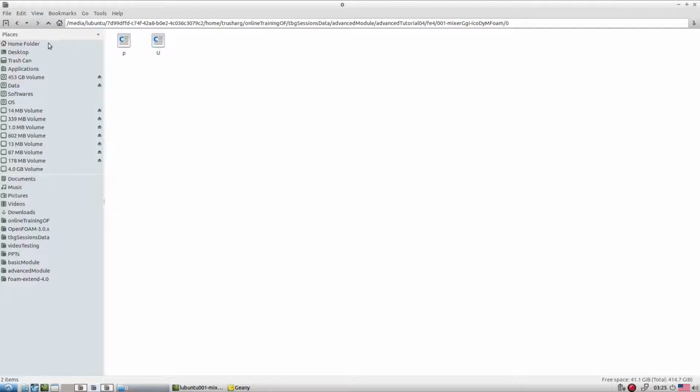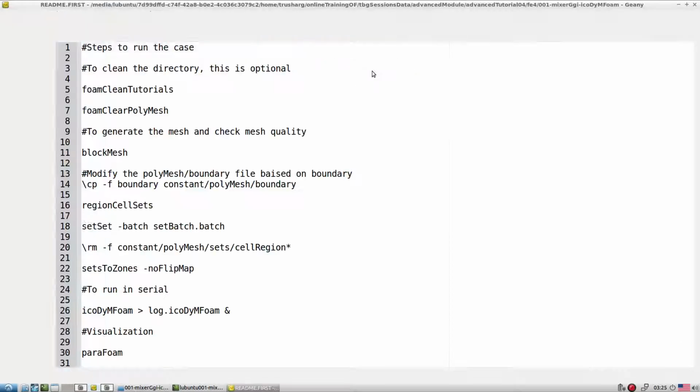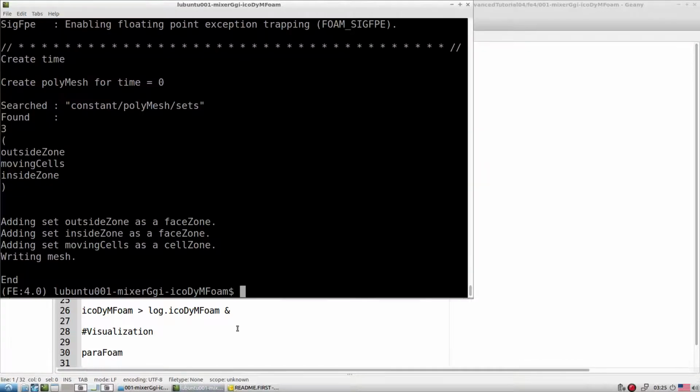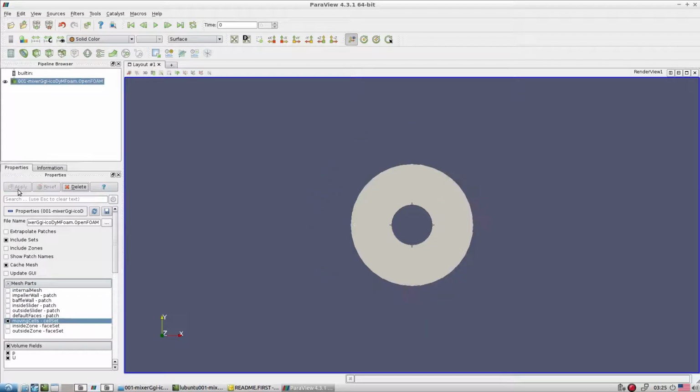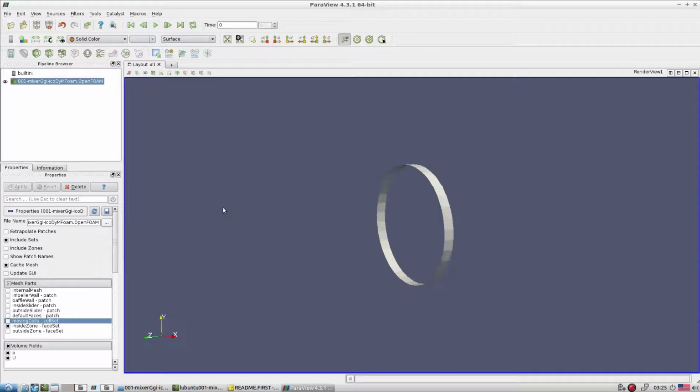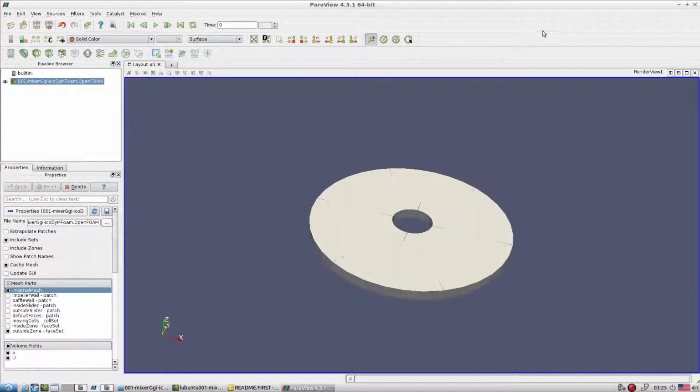So let me again come back to our readme file. We are set with the different zones, so let's also explore again how everything looks here. Internal field, different sets. We have a moving cell, so that is what we define here. We have an inside cell zone and an outside cell zone. These are cell sets, so this is what we constructed. Then we have the impeller wall internal, it possesses the entire mesh. So now our mesh and setup is ready to go.